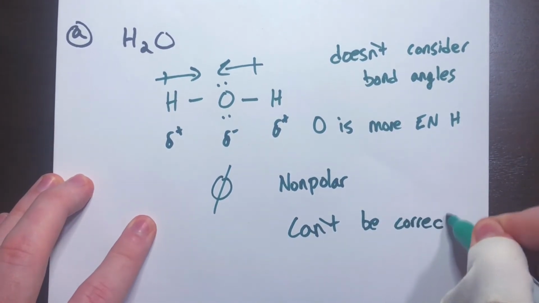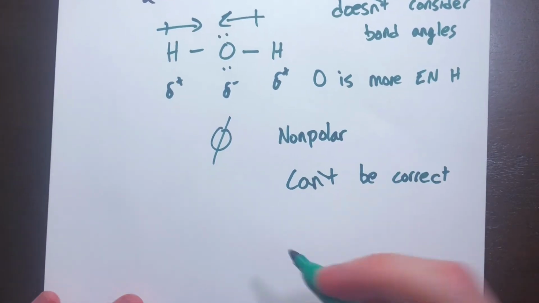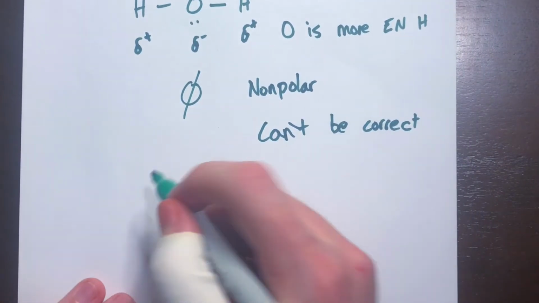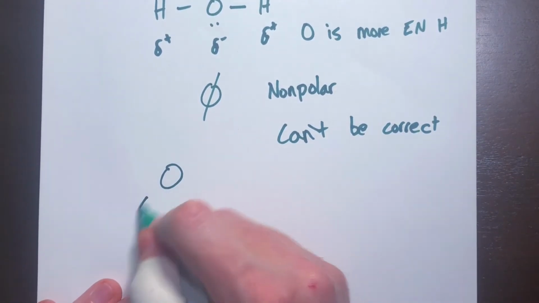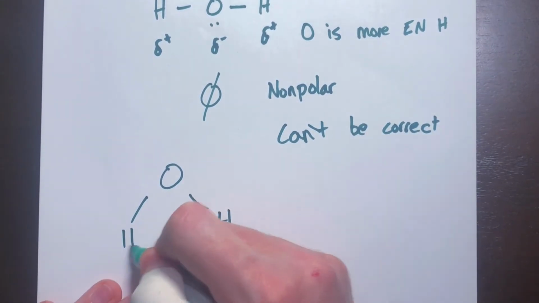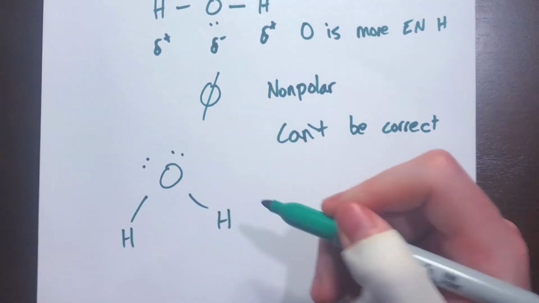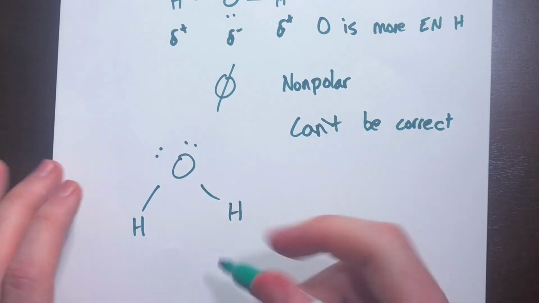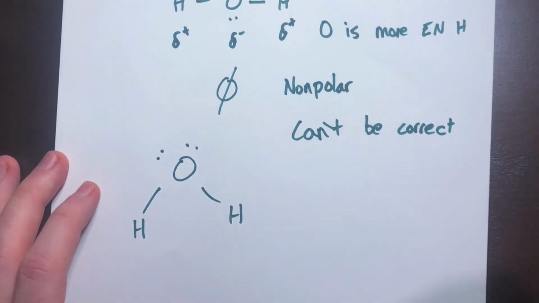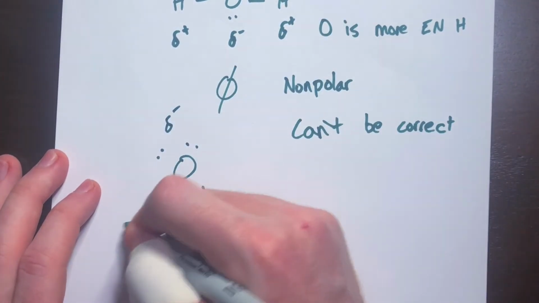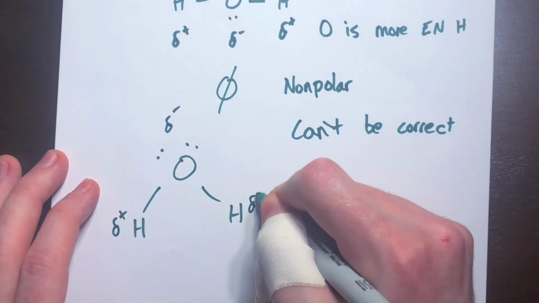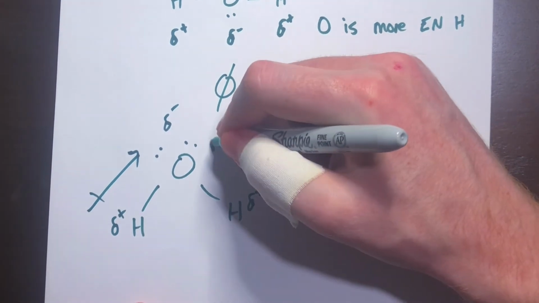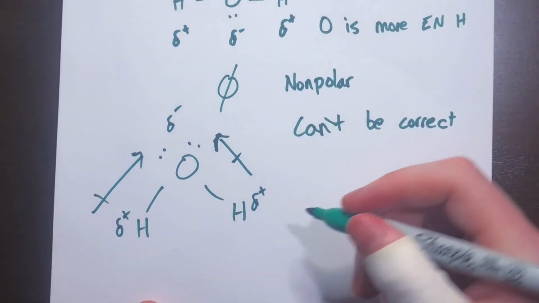So this is incorrect. The reason it's incorrect is because you don't consider the bond angles, like I mentioned. The reality of oxygen is that it has this bent shape, and it's due to the presence of these two lone pairs that distorts these bond angles and pushes them down away from the oxygen. So now, again, we have our negative charge on the oxygen, partial positives on the hydrogens, and we draw our dipoles towards the oxygen. And now if we add these up, we get a